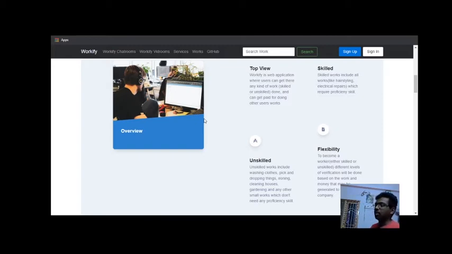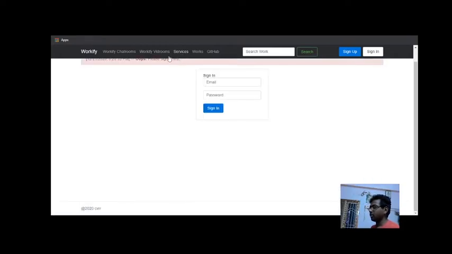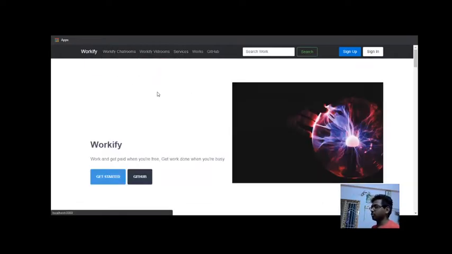Another thing is that the jobs can be anything, which I will show you, like services. We need to sign up, I will show you afterwards. So we have services, and the jobs and works can be in that category. The agent can also post food items if he's a cook. He can add delicious food items like chapati, butter naan, paneer items. He can tell the time, like tomorrow he will be available to deliver, or customers can take it from a pick point. Then customers can order the food items.